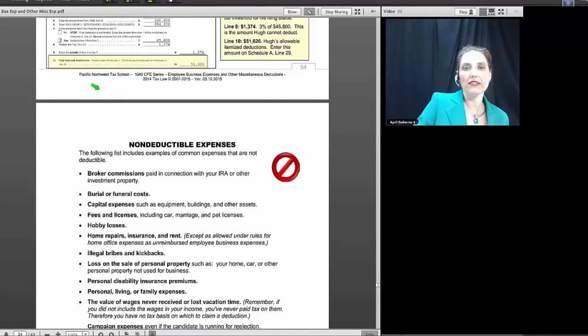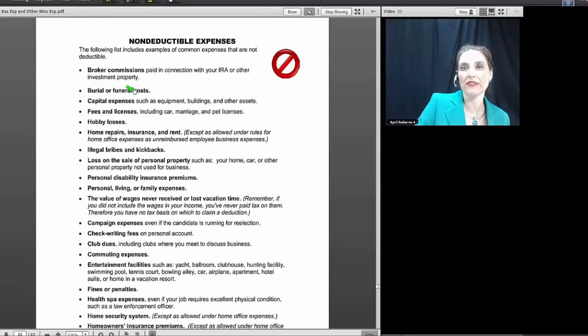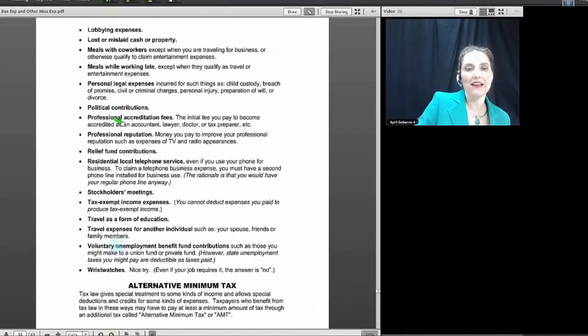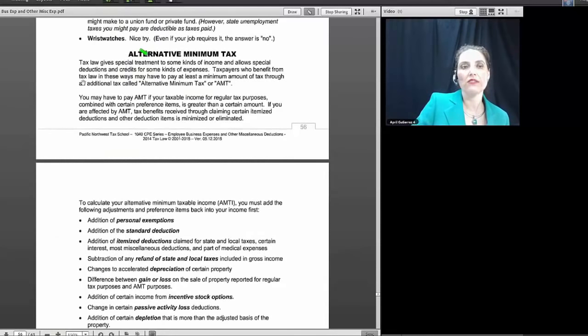Now, the IRS has a whole bunch of things you are not allowed to deduct at all. They fall under the category of things that people try to deduct, but the IRS says no way. There's a whole list of them here that I'm going to leave you to read on your own. And then I'm going to go down to the very last quick topic of the day, which is the alternative